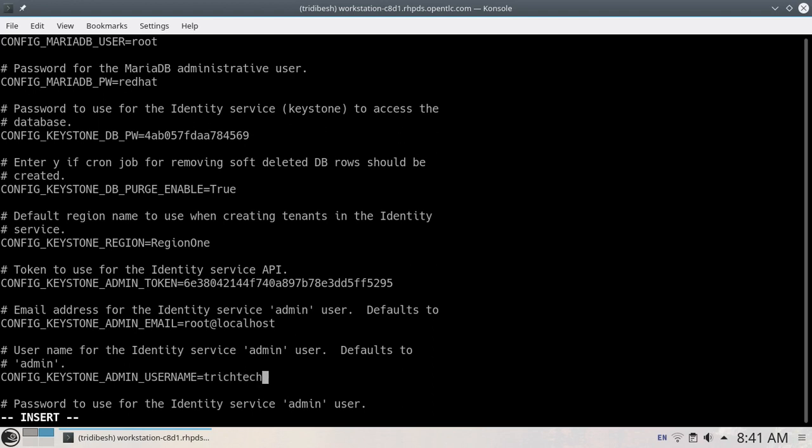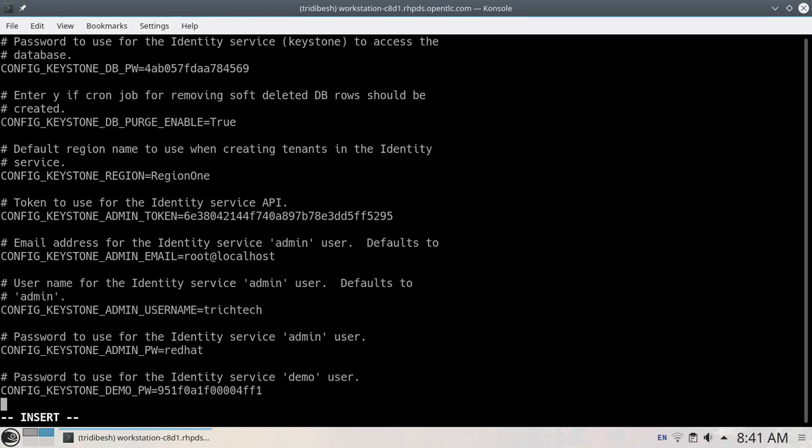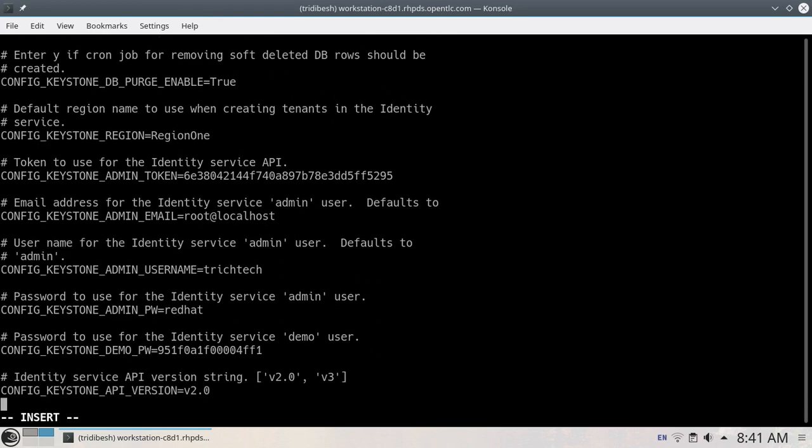So this will be the admin user, and this is the password. We will be changing the keystone admin password. We are putting Red Hat. Then we will move to the next option.